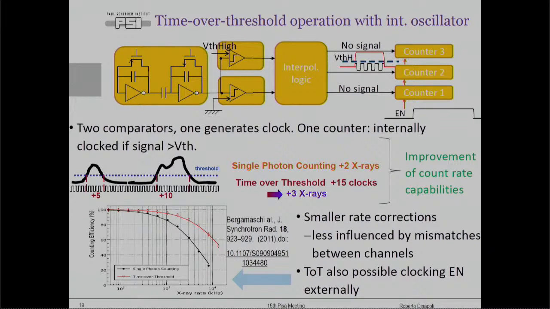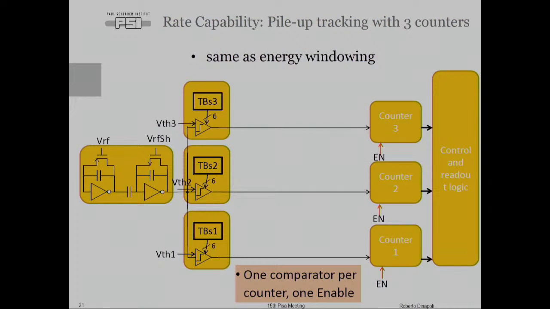This can also be done not only internally, but also with an external clock, on enable, and we had tested this already with Mutant 2, and you can see that the efficiency, that means the number of photons that you have detected over the number of photons that you should have detected, starts at 100% at low frequency, and then it goes down. But with this mode of operation, you can really extend the bandwidth of the system. However, this works, but we didn't really characterize it because we prefer this other mode of improving the rate capability,